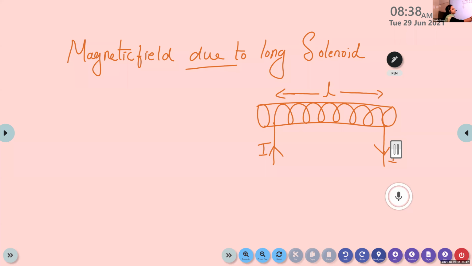So here we consider a solenoid of length L and I is the current that flows through this